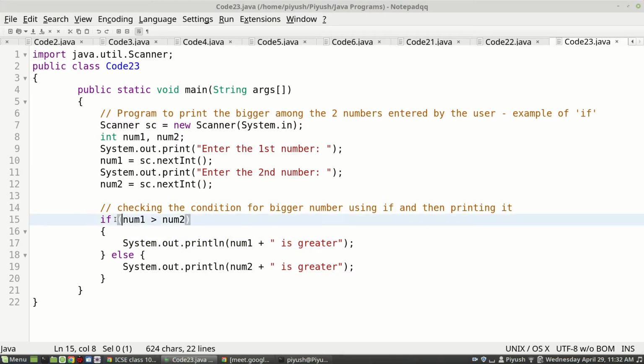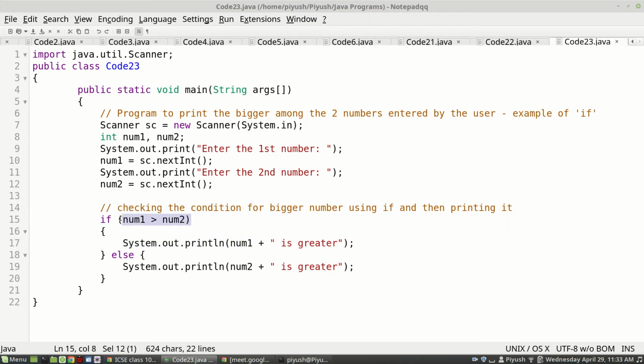If this condition results in false, then go inside the else block. The else block is starting here and ending here. Okay, and execute this statement. So there are two possible outcomes and we are handling both the outcomes.